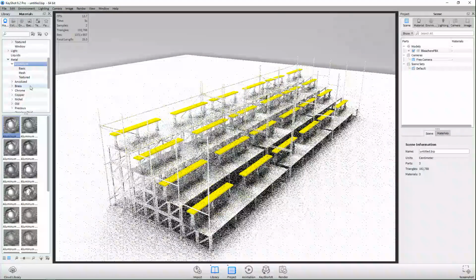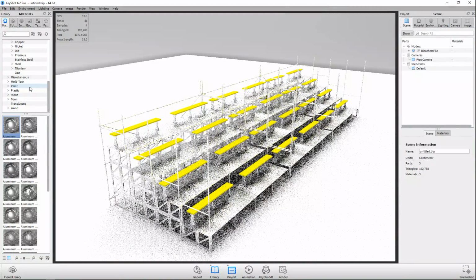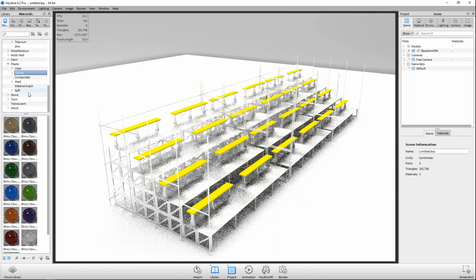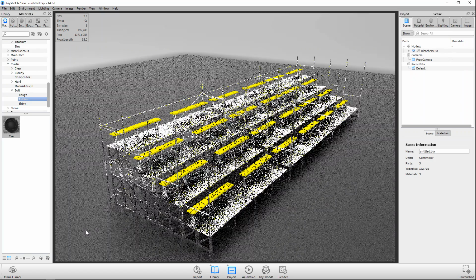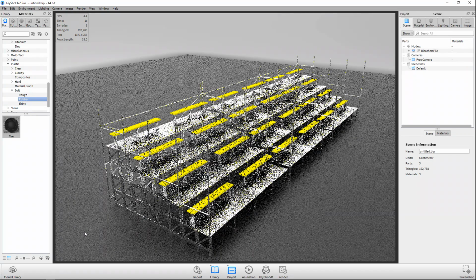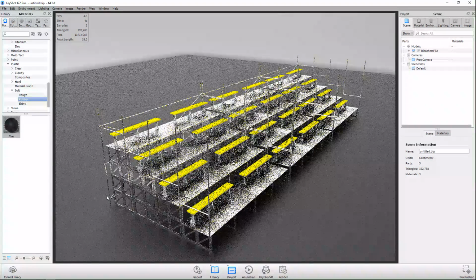So what we'll do is we'll look for something that we can apply on the floor, and we'll keep that fairly neutral. So let's see, we'll do just a black floor surface, that's fine, just for a nice contrast.